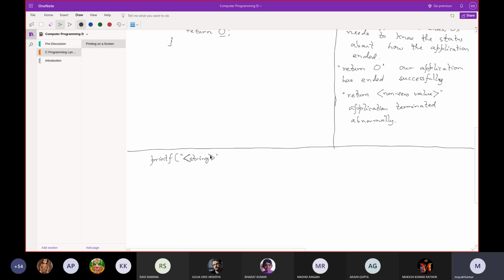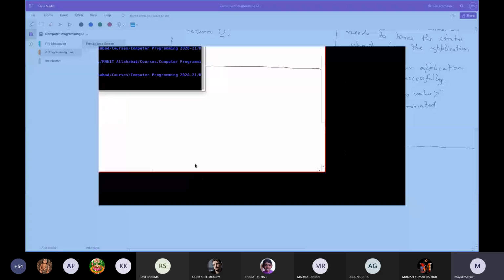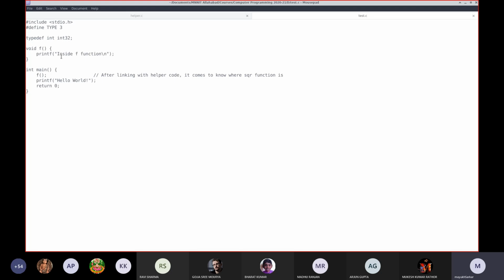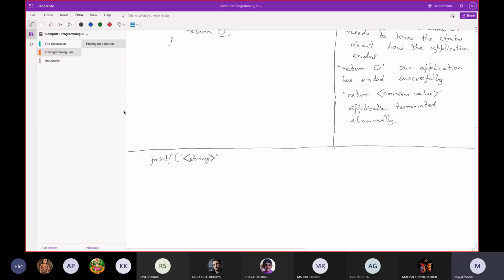Now this is a placeholder. It is not necessary that you will write the string with these opening and closing angular brackets. It can be any string, as for example the hello world here, or maybe inside a function. And a string is a collection of characters. You'll understand about arrays later on, and then you'll understand that in fact a string is an array of characters.